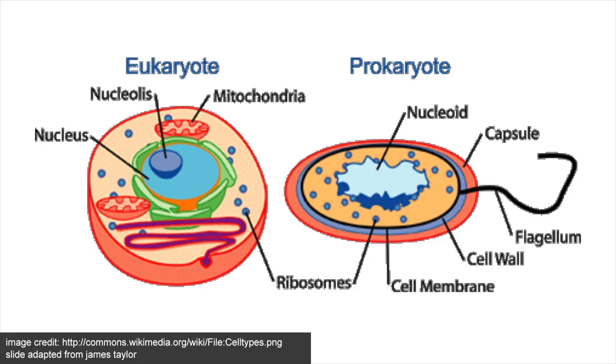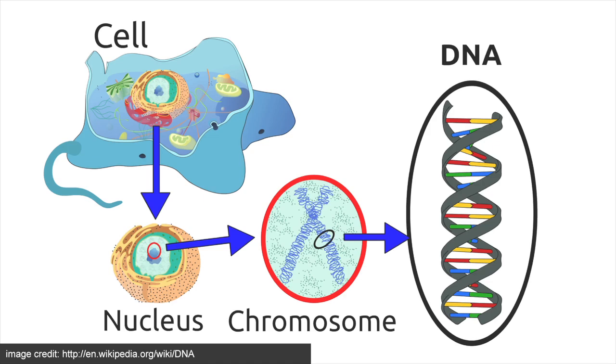Prokaryotes don't have that. So in particular, you can think of the DNA in a prokaryotic cell as just sort of floating around. It's not really floating, but it's just kind of loosely organized inside the cell. And in eukaryotes, there's a bit more organization. In eukaryotic cells, DNA is sequestered deep inside. So if you look at this picture here, inside the eukaryotic cell, which is surrounded by a wall, there's a nucleus which has its own membrane or wall surrounding it. And inside that nucleus is where we put our DNA. And our DNA is organized, of course, into chromosomes, which are these very, very long molecules of DNA. And all your chromosomes are inside each cell, and within those cells, they're inside the nucleus in each cell.